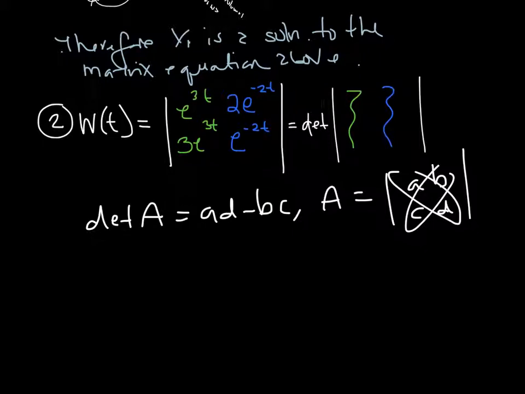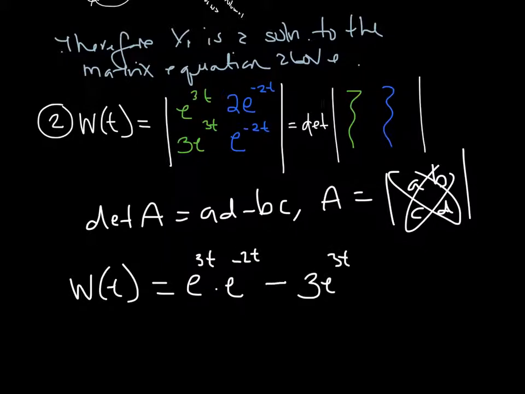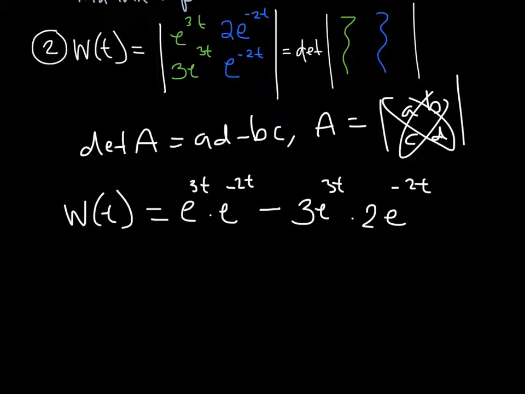So if we use that, our W of t is going to be e to the 3t times e to the negative 2t minus 3e to the 3t times 2e to the negative 2t. Well, right, AD minus BC, and then this is just algebra. e to the t, and what do we have? Minus 6 e to the t, and that's really 1 e to the t, so we get negative 5